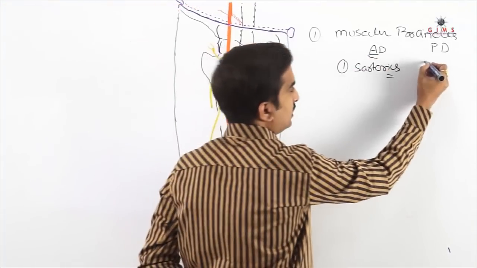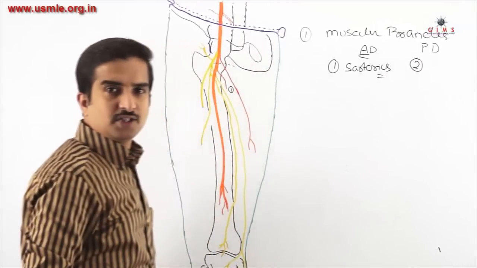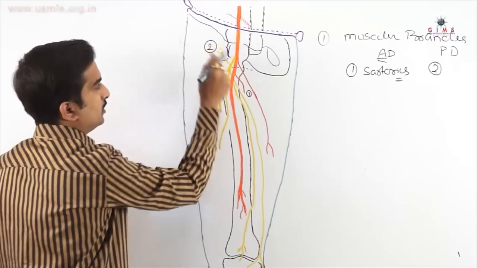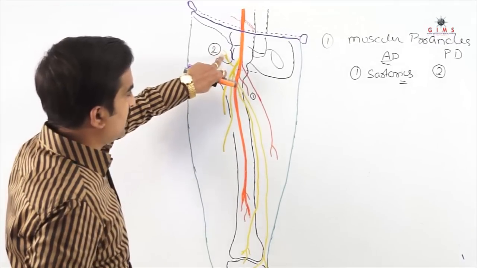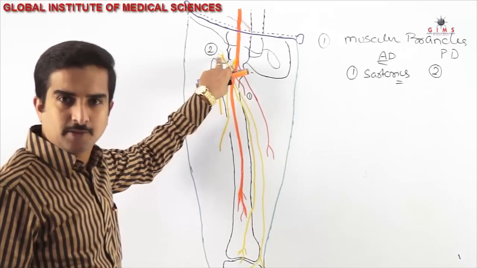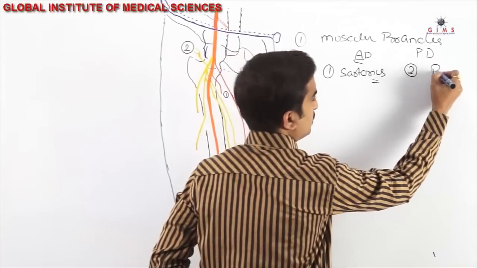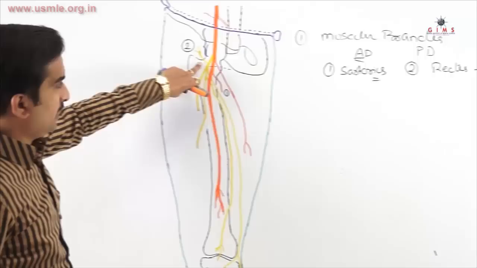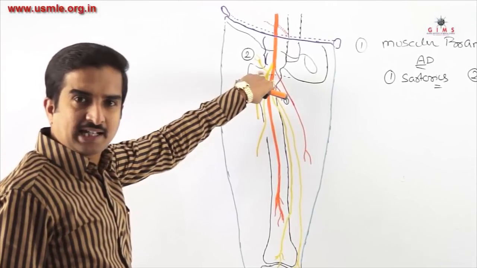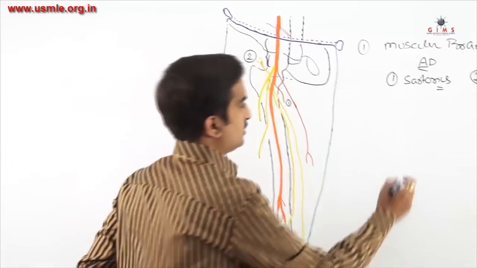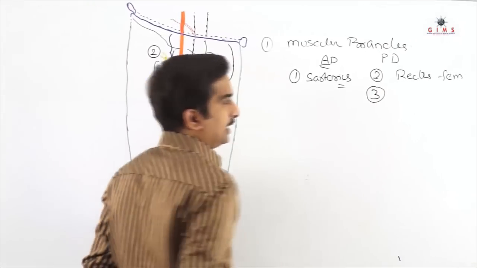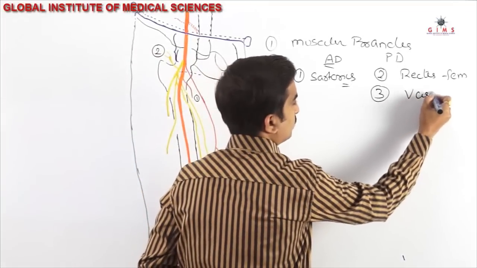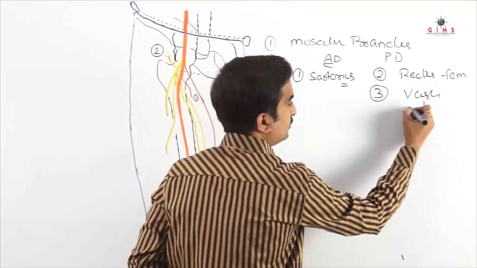Now the posterior division, I will start from 2 here. The posterior division gives a muscular branch to the rectus femoris. So the second one is rectus femoris. After rectus femoris, the third one, it gives innervation to the 3 vasti muscles. So in the vasti, you know that we have 3 vasti muscles: